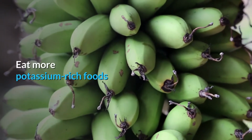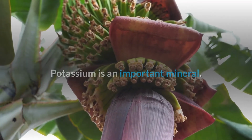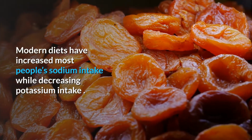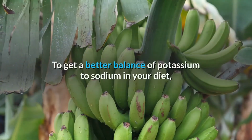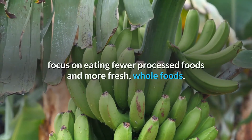Eat more potassium-rich foods. Potassium is an important mineral. It helps your body get rid of sodium and ease pressure on your blood vessels. Modern diets have increased most people's sodium intake while decreasing potassium intake. To get a better balance of potassium to sodium in your diet, focus on eating fewer processed foods and more